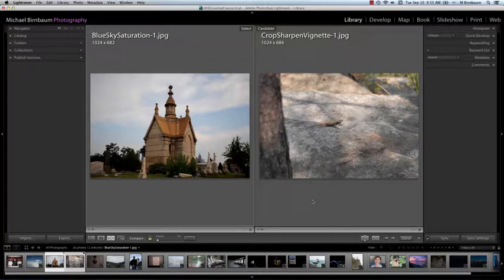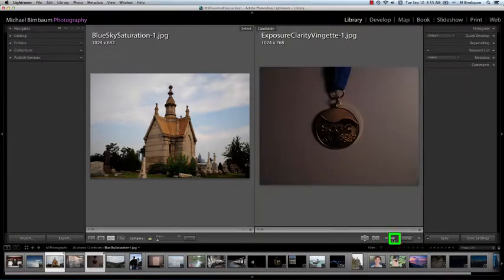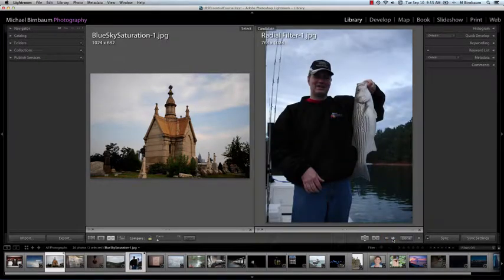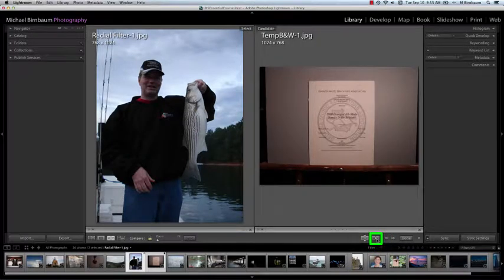If I think that my cemetery view is better, then I can just move forward and compare it. I still like the cemetery view. Move forward. Still like it. And let's suppose that I like this fish better than the cemetery view. Then what I could do is push this X to Y to move it into the cemetery view. So this enables me to compare all my images next to each other. I'm going to go back to the grid view